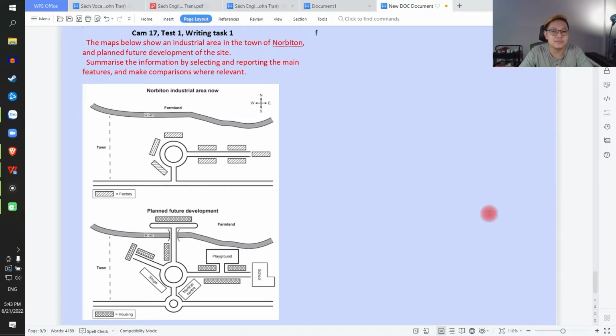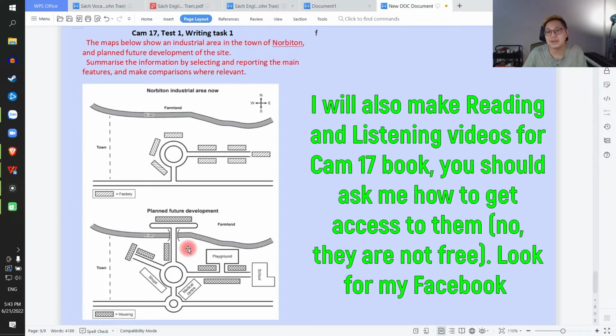Okay, so now, what do we have here? We have two maps. This is a maps kind of Task 1, which shows the difference between now and the future. So it's a kind of map that talks about an industrial area now and planned future development. This is an industrial area in Norbiton, a town. And these are the future developments that are planned. Okay, so basically let's read the question,